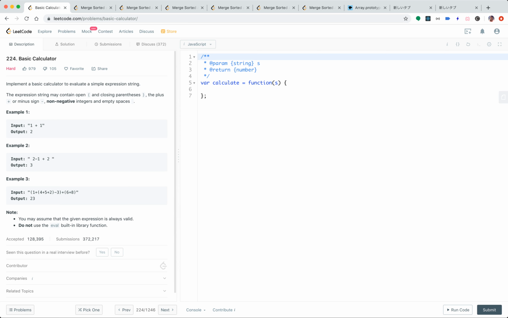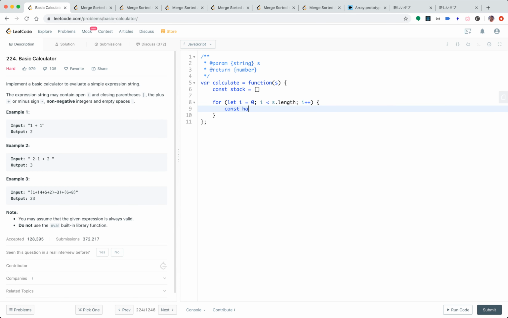This should be done with the stack, I think. So we will just say const stack. It's an array, so in JavaScript it's an array. Okay. So after this space doesn't matter, right? Yeah. So for let i equal 0, i smaller than s dot length, i plus plus